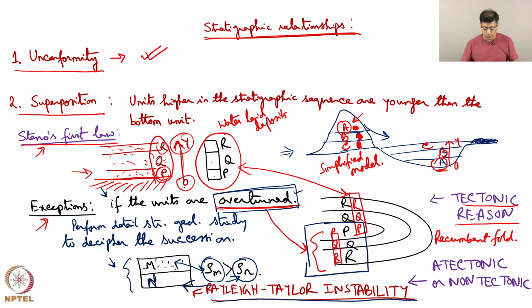Water being denser will move down and kerosene will float up. This happens rather quickly in the laboratory because of the strong density difference, whereas in the geological case the density difference can be low. Rho M and rho N, I can write delta rho, can be as low as 0.04 gram per centimeter cube. If such is the case, then over years an overturn is possible.